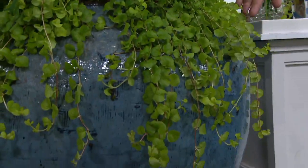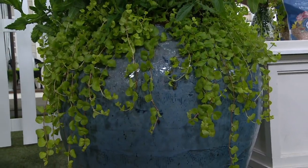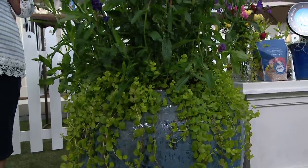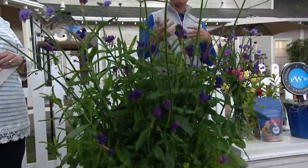Well, I've got it all. It'll hang over the pots like this. Now, if you bought the sedum mats yesterday, right? Yes. Those will grow in the hot sun, but this will grow in the shade or the hot sun. It will also grow in a boggy area. If you've got an area that's really wet that you would like to make beautiful and chartreuse colored, plant that